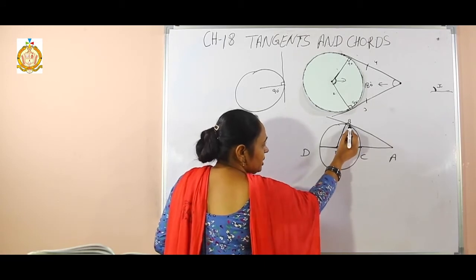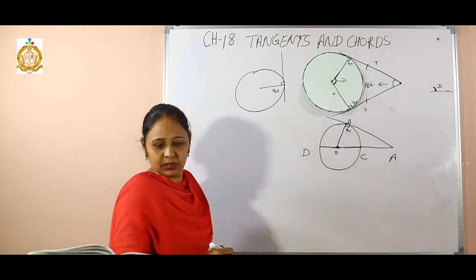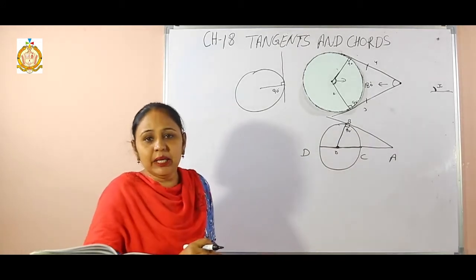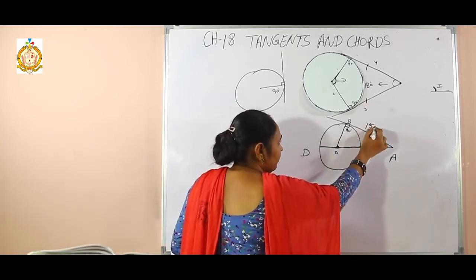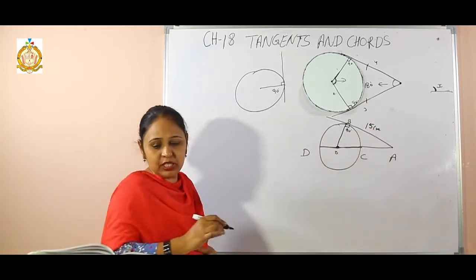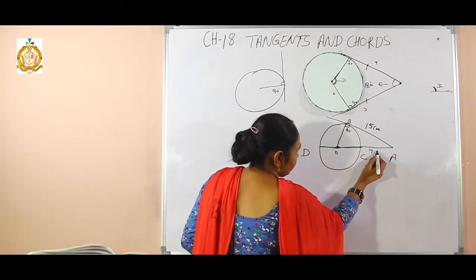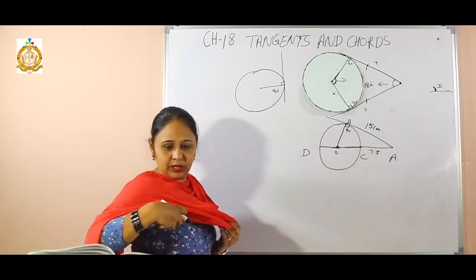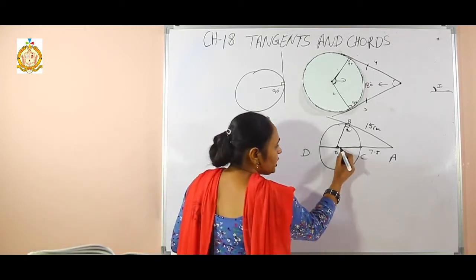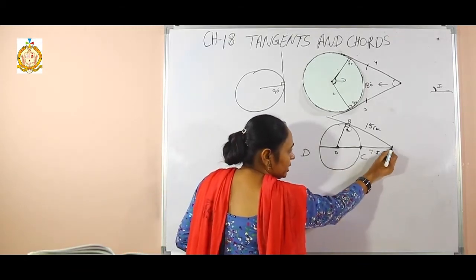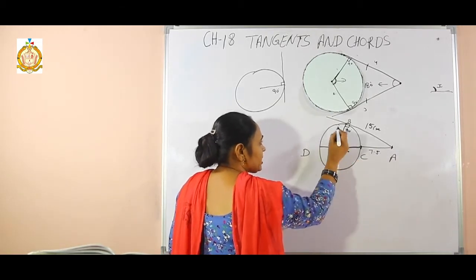If I use the property, this radius and tangent make an angle of 90 degrees. Now AB is 15, the length of AB, that is 15 centimeters, given in our statement. Then AC is 7.5 centimeters, and I want to calculate the radius OC. I don't know this one. From there to there the length is given. This is not given. I take it as R or X, you can take it as you like.